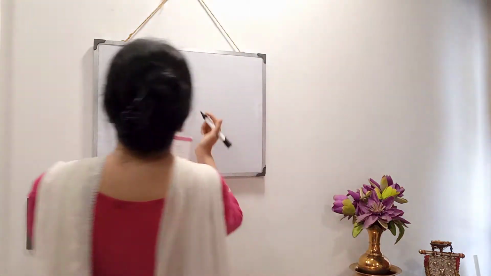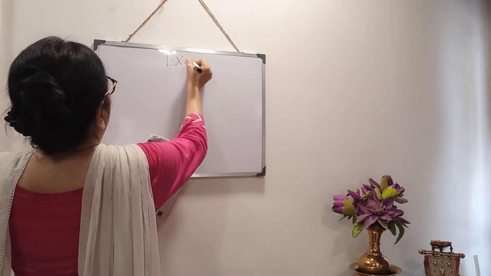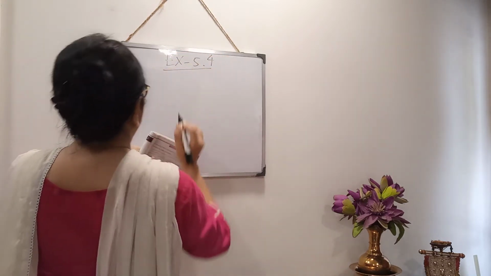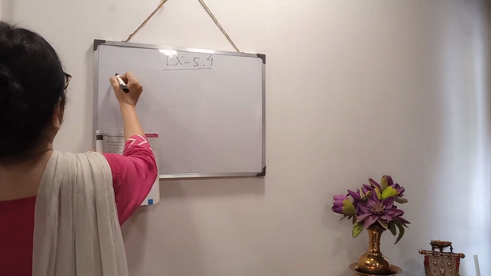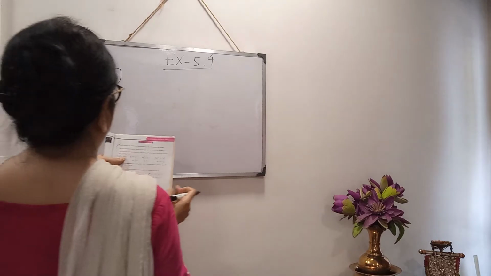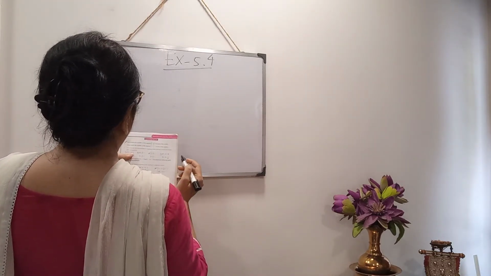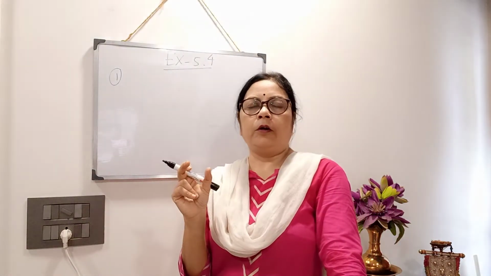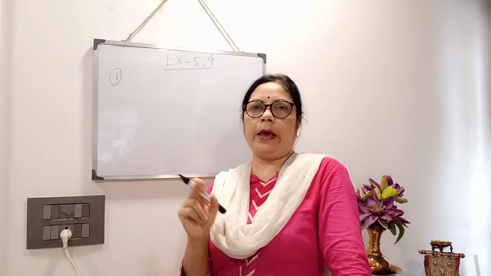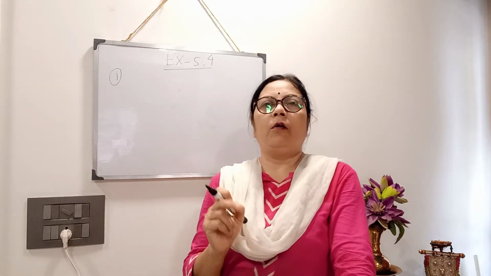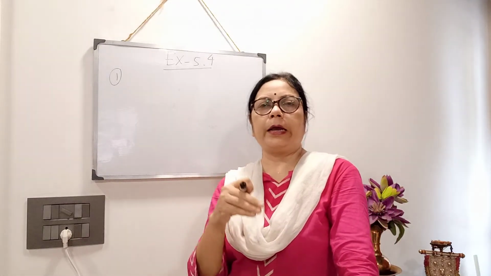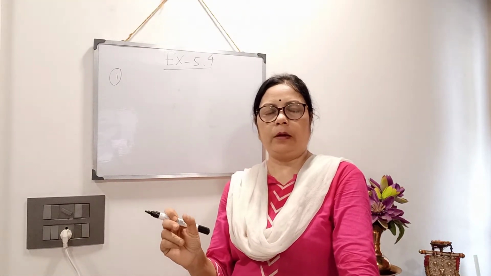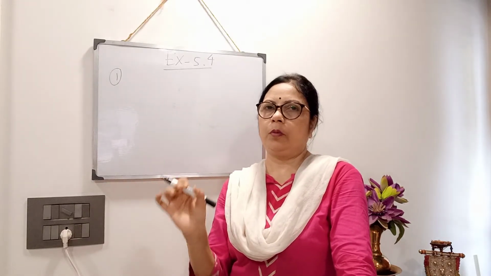Clear? That is in your book exercise 5.4. First, sum number 1. Let us express the variable x of the equation in terms of the variable y. Okay. In comparison method, what we will do? In your equations, there will be two unknown variables x and y. So in comparison method, we will express from both the equations either x equals to or y equals to. Clear? Then we will compare the other two equations. You see the step by step, follow it.